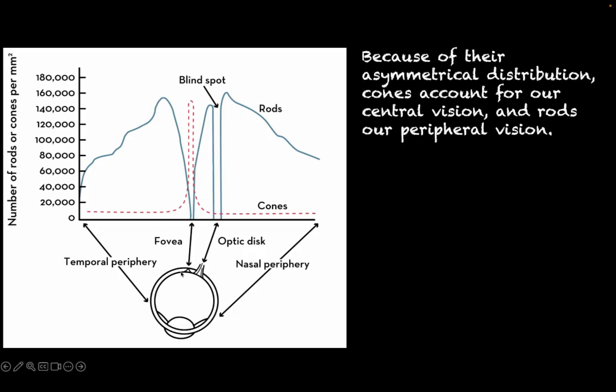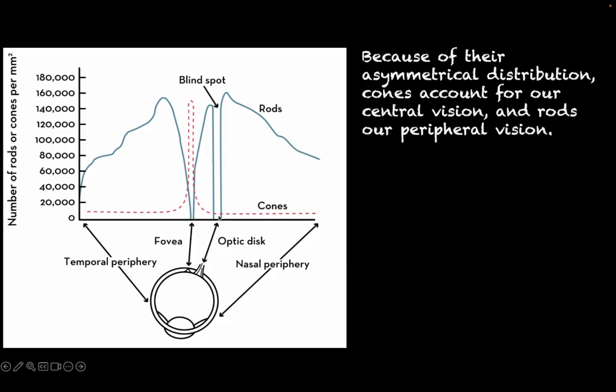The fovea, the center of your eye, is going to be your crisp, clear color vision because that's where the cones are. Your peripheral vision is where all the rods are. That's where you have your much more light-sensitive vision, but it's not going to be in nearly as much detail, and it's not going to have much color associated with it because there are not many cones over there. You will notice that there is one part of the retina for which there are